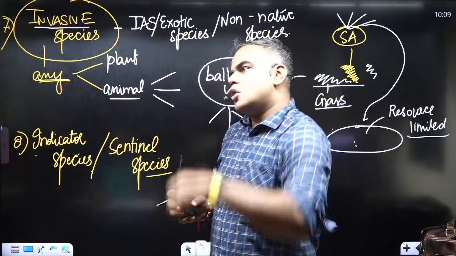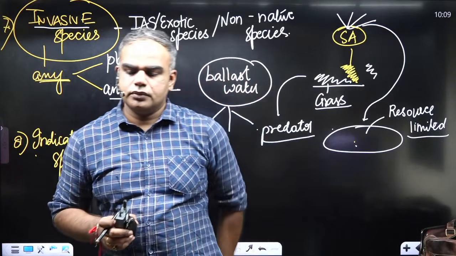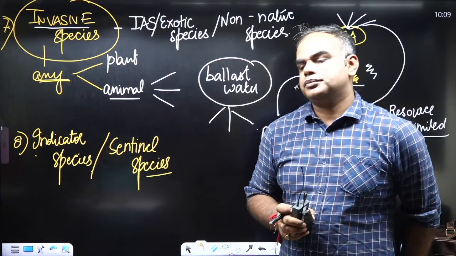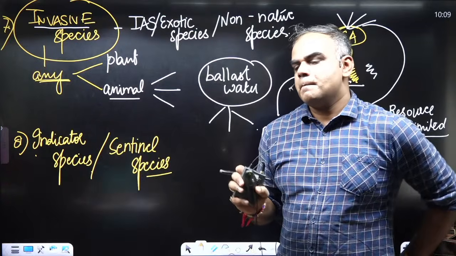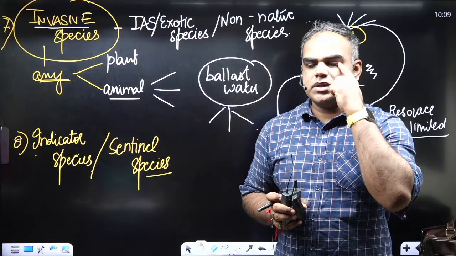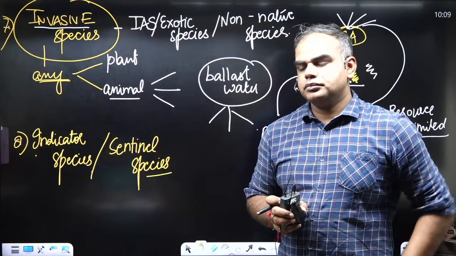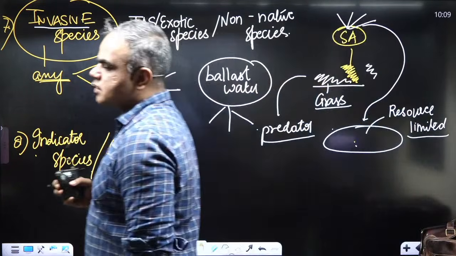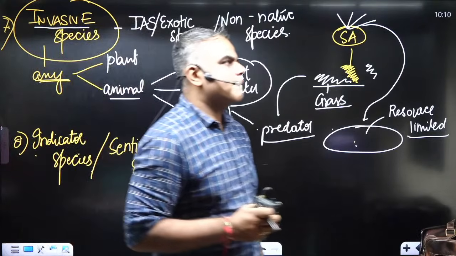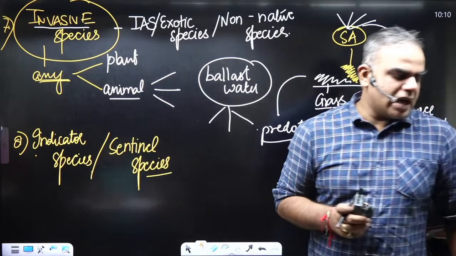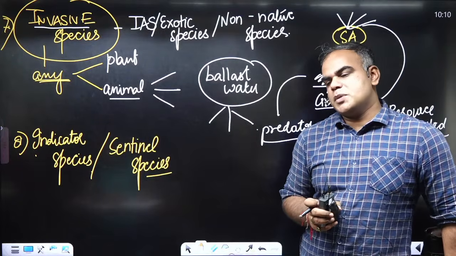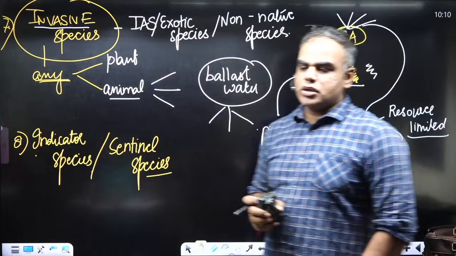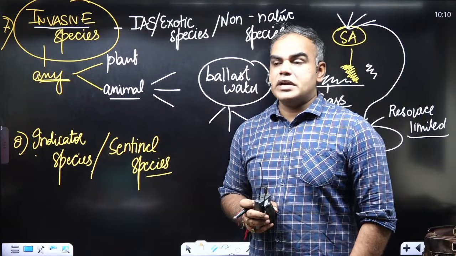Then write consequences. Because of alien invasive species, what are the consequences? You only have to write one main thing. In the consequences, number one is basically the only main point. You'll write this leads to, number one, decline and ultimately extinction of native species.